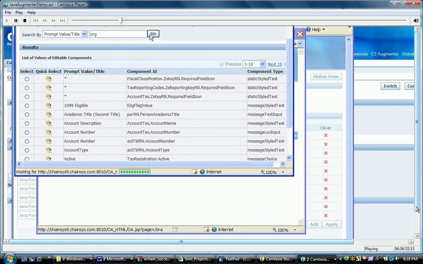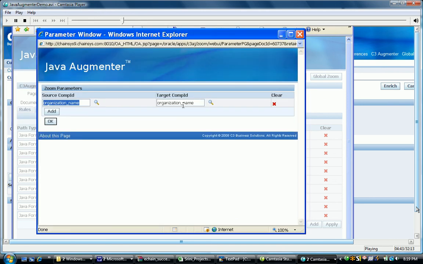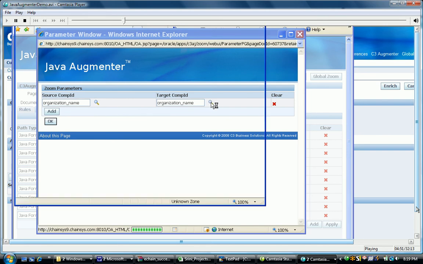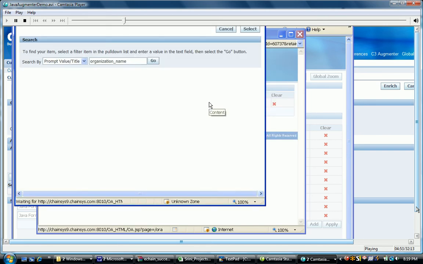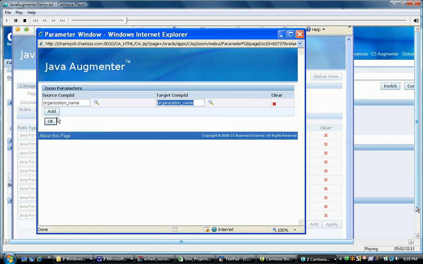I'm just going after the metadata structure of that particular block, finding out the organization name is already there on the source and as well the target, both on the customer page and on the supplier page. The field name is organization name. So both are mapped, and I'm ready to apply this augmentation,